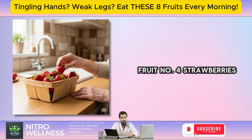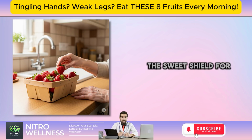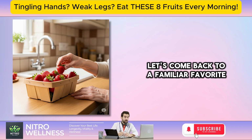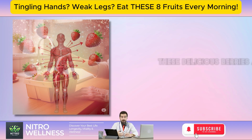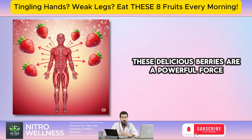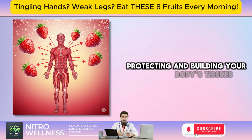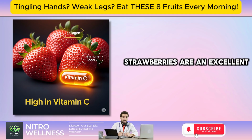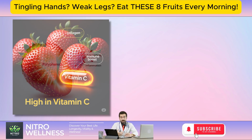Fruit number 4, strawberries, the sweet shield for your tissues. Let's come back to a familiar favorite, the strawberry. These delicious berries are a powerful force for protecting and building your body's tissues. Like the other fruits on our list, strawberries are an excellent source of vitamin C. But what makes them